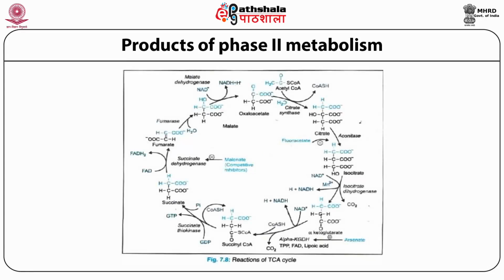At the end of phase 2 metabolism, as it is called in biochemistry, all these macromolecular components are broken down not only into monomeric building blocks, they are further broken down, and here we notice that only 6 compounds are generated. That means independent of the diversity of food that we take, independent of the chemical diversity that exists in the diets that we take, ultimately you get only 6 chemicals in all living organisms at the end of phase 2 metabolism. Now each one of them will ultimately be burnt up in phase 3 metabolism, which is depicted here